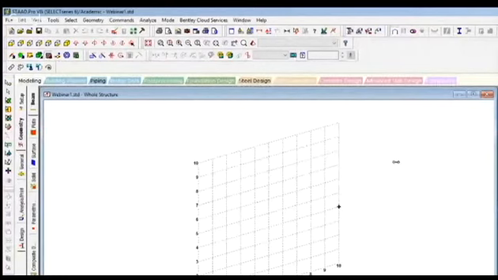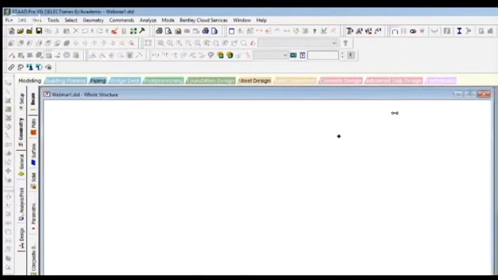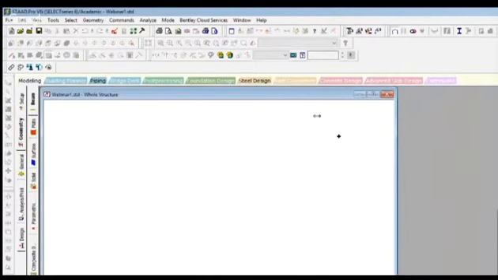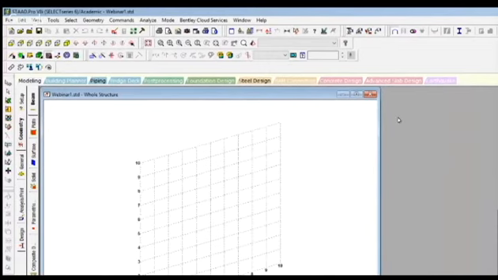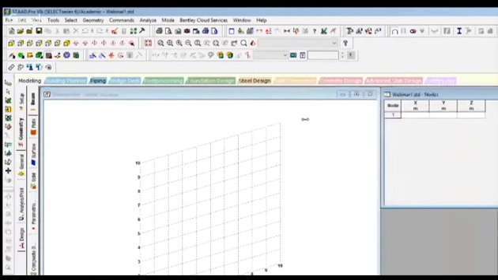After this, the window will appear. If the entire window is not visible in the current webinar, I will shrink this window. Give me a minute. I'm minimizing this window so that everybody can see it properly.